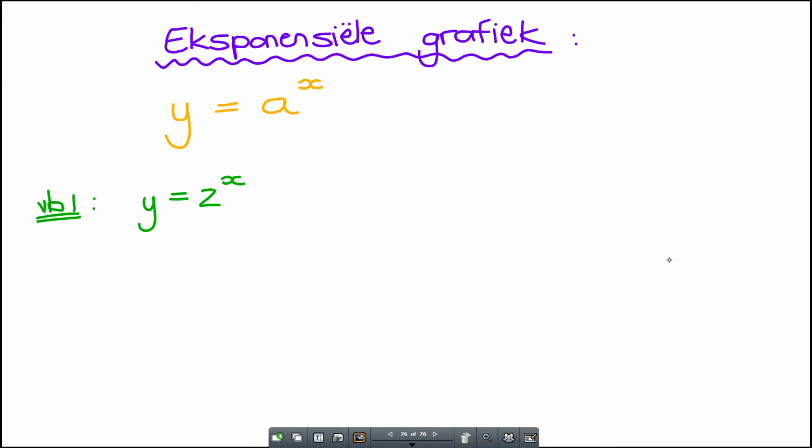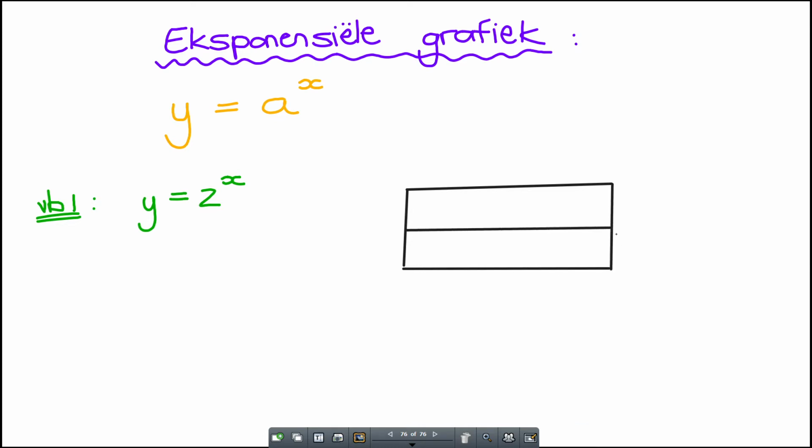Now, what I suggest for now, you won't always have to do this because it is a bit time consuming, but just until you get the hang of it. Some of you might even be comfortable with using your calculator right from the start. Doesn't matter, you are allowed. So I suggest you use a little table. And you are going to set it up: if x is minus 1, if x is 0, and if x is